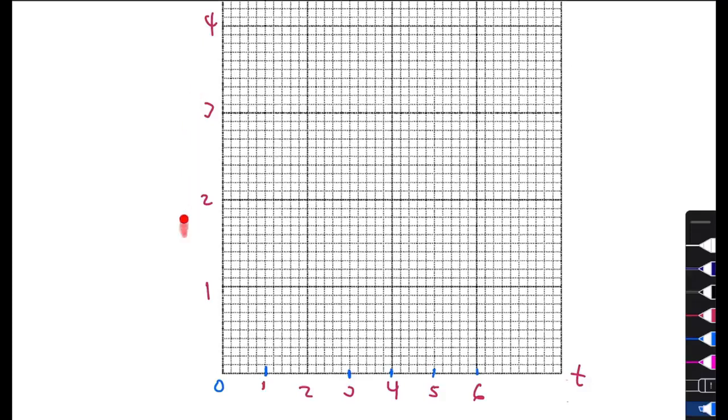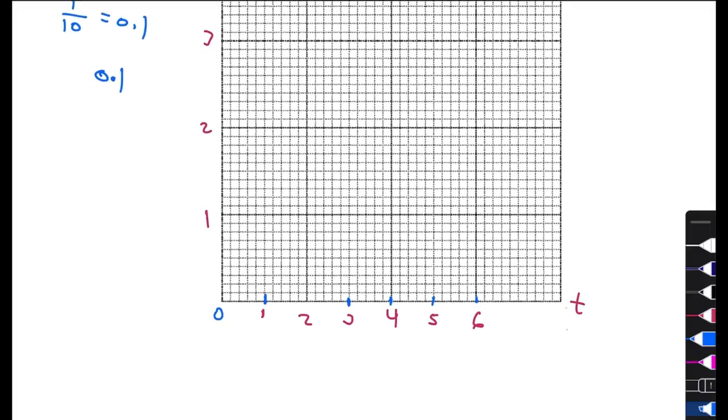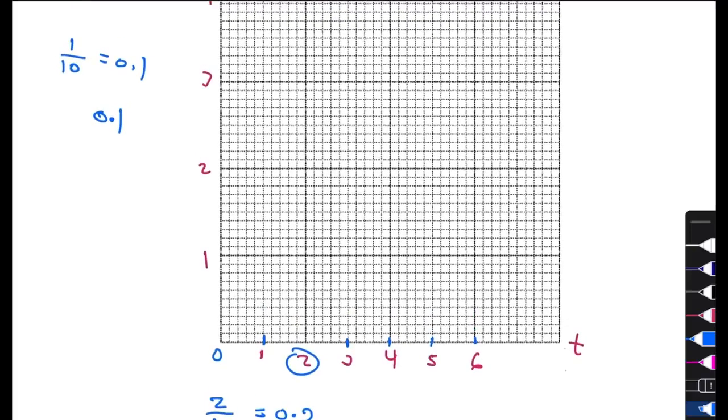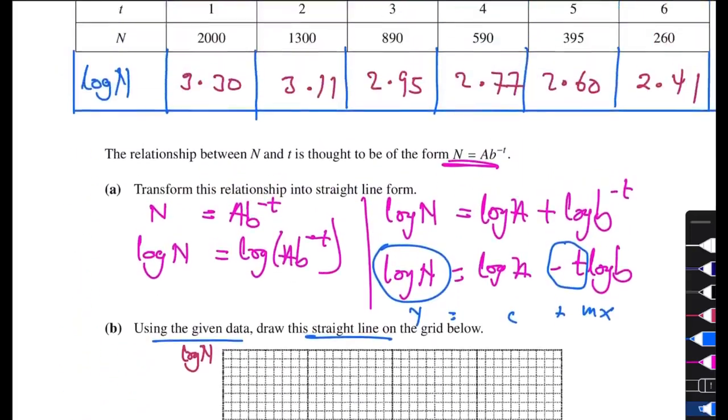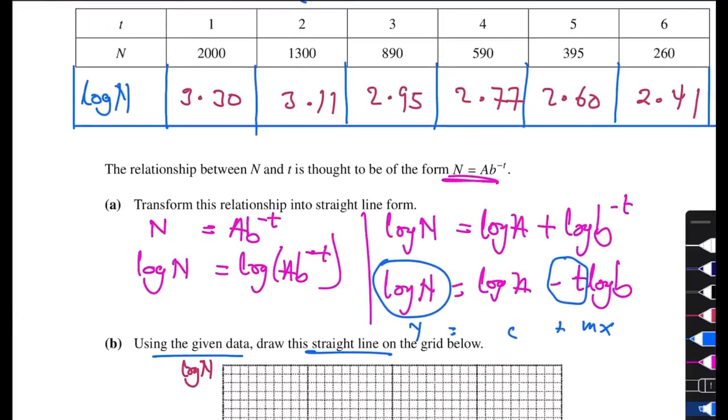Now you can count 1, 2, 3, 4, 5, 6, 7, 8, 9, 10 boxes that give you one value, so each small box over here is 0.1, or you can just do 1 divided by 10, and that tells you each tiny box is 0.1. On this axis you have 10 boxes giving you 2, so each value is 2 divided by 10, giving 0.2. The next thing is to know the number of boxes that will satisfy